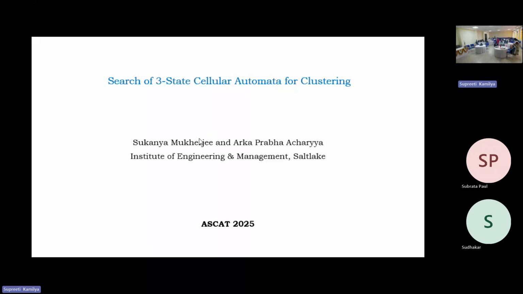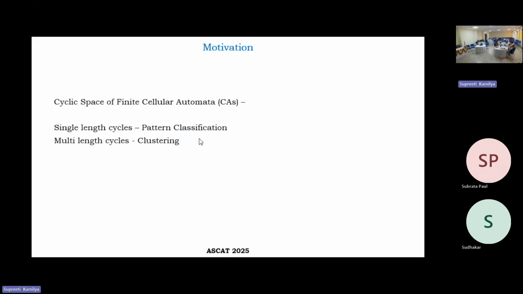Today my topic of discussion is the search of three-state cellular automata for clustering. Another author with me is Arka Acharya, a third year BTech CSC student of the Institute of Engineering and Management, and this is also an outcome of our summer school on cellular automata 2024. The cyclic spaces of finite cellular automata are mainly attracted by researchers not only for their theoretical aspects but also in the role of technological